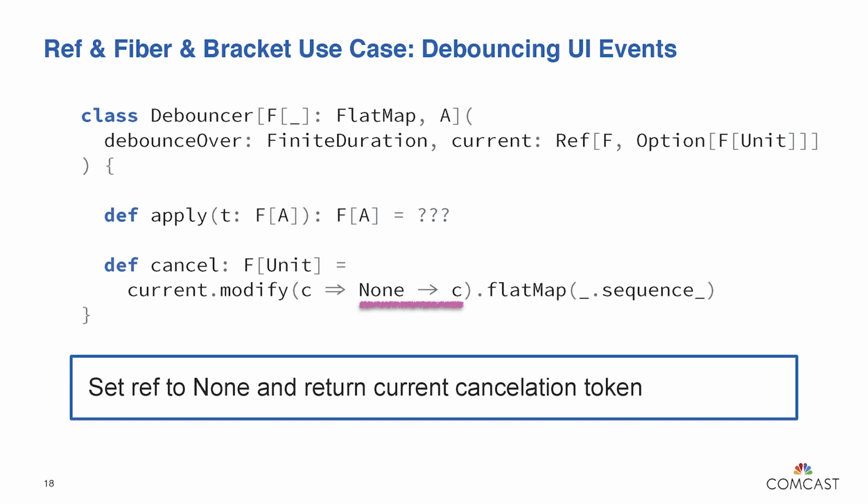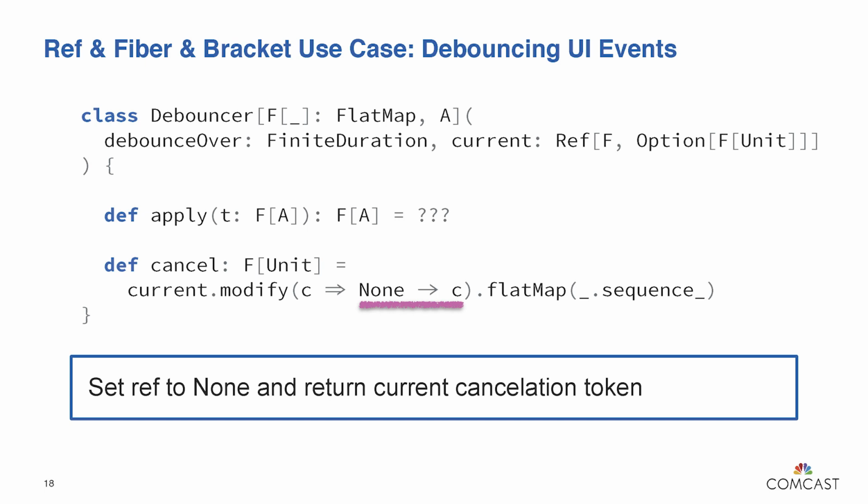Cancel we'll implement by using the modify combinator on refs. So modify, you pass a function to it. It gives you the current value of the ref. You return back a new replacement value, along with sort of a side channel return. So in this case, we're going to say modify the current cancellation token. Whatever C is the current cancellation token, replace it with a None. Get rid of it. But then also return that C on the right-hand side as a side channel return. And that side channel return is going to be the overall result of binding into our